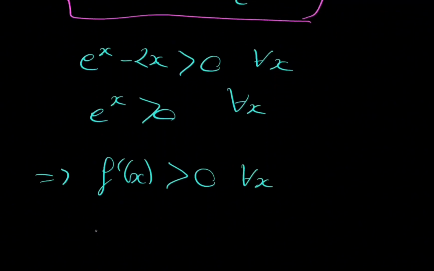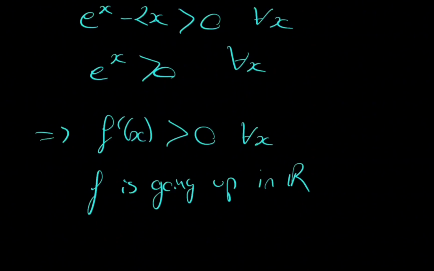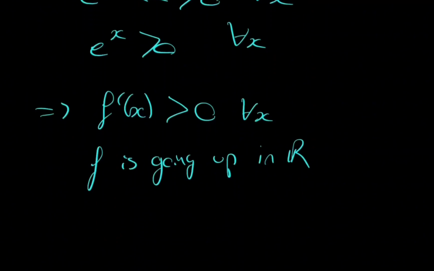So that f is going up in R. So for all x in R, f prime of x is superior to 0. So f is going up. Okay, let's say that's not the right term, but